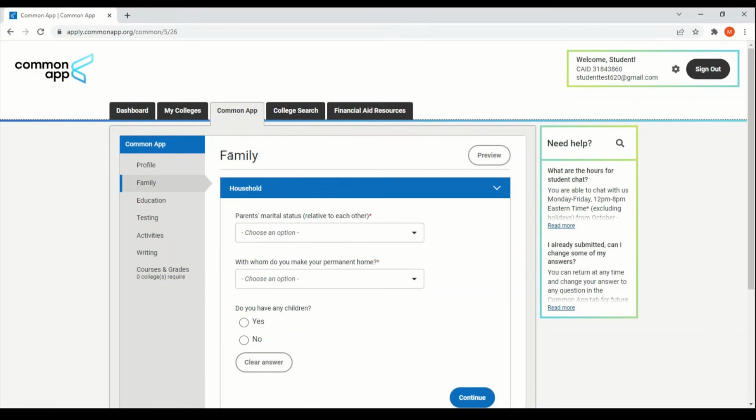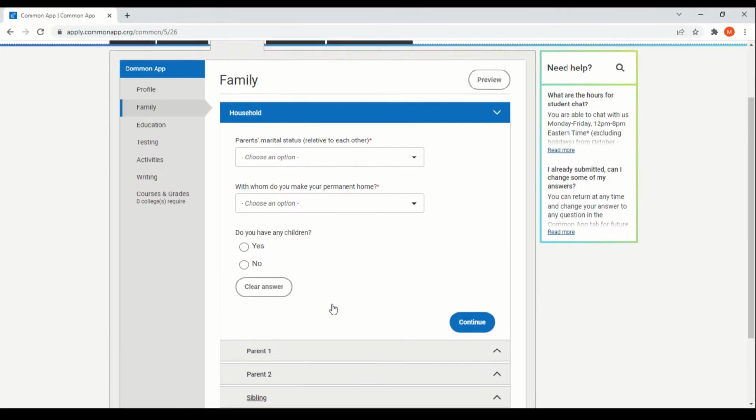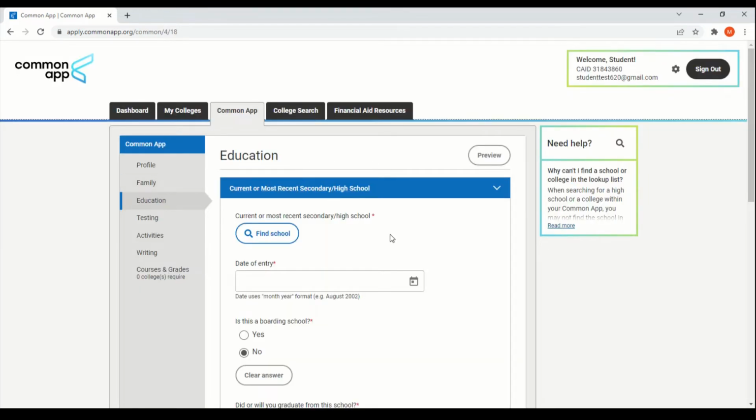The second section is the family section. The students need to share details about their household and family members, and they will answer detailed questions about their parents and siblings. Under the third section, the education, first they need to add their current or most recent secondary